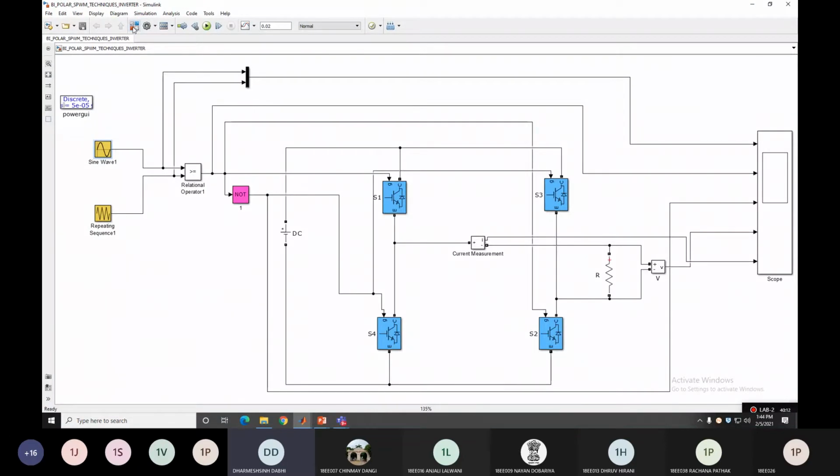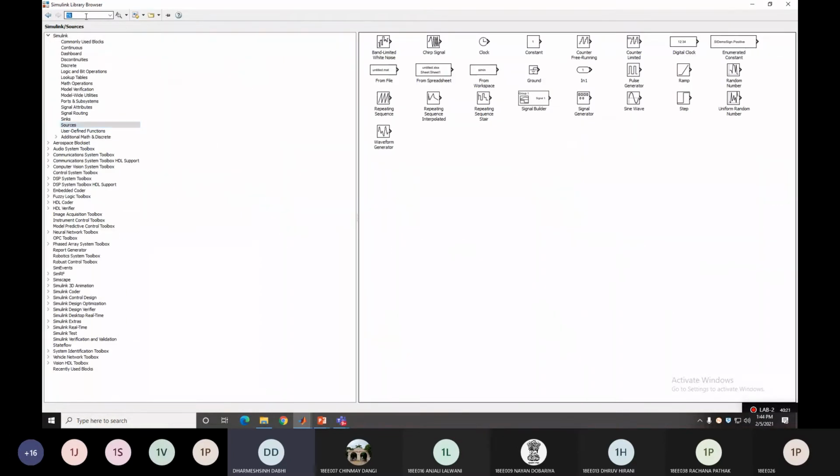See, go into this library browser. You can see here below this simulation, you can find this library browser block. Click on this, so you can get the Simulink library browser. In that, go to Sources. Here I already have the Sources. In this, you can see that the Repeating Sequence block is given. Click this block, right click, and add this block to your MATLAB model.